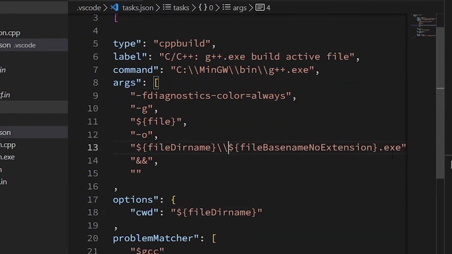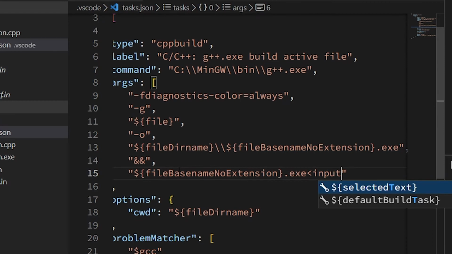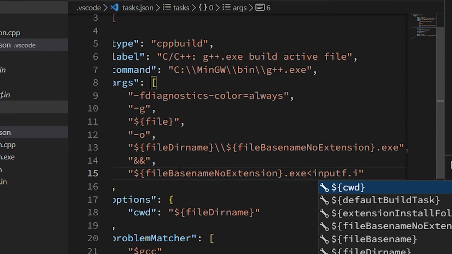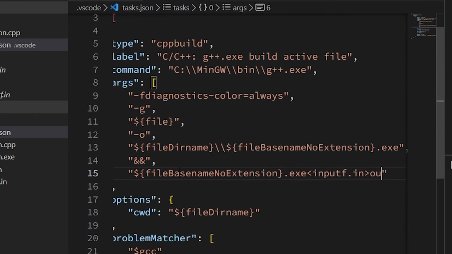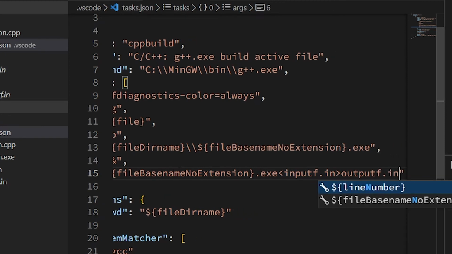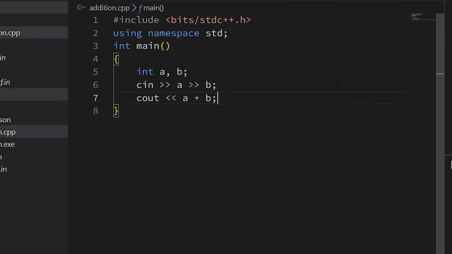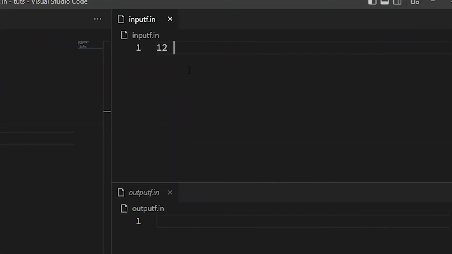let's copy this. So we output f.in, that's it. And now if I need to enter two numbers, I can enter here